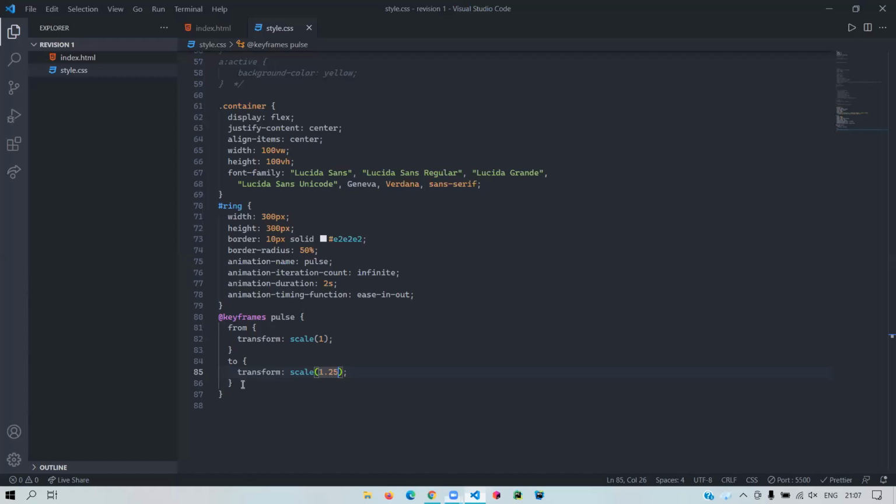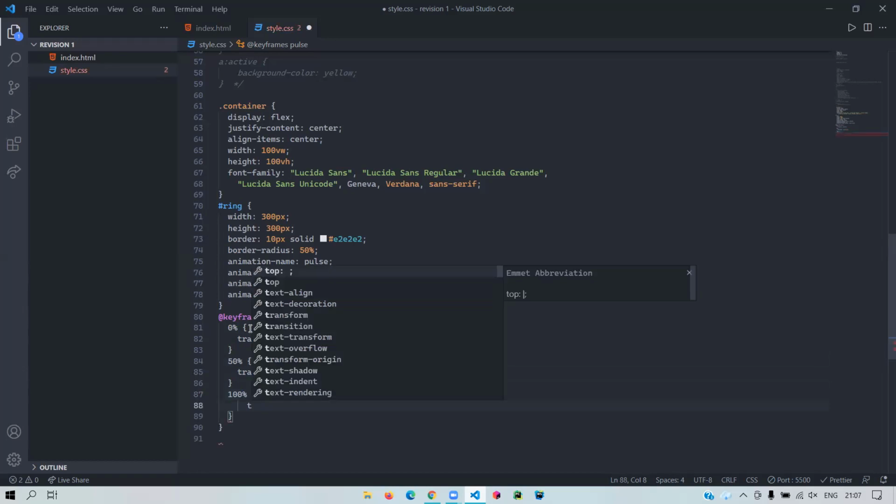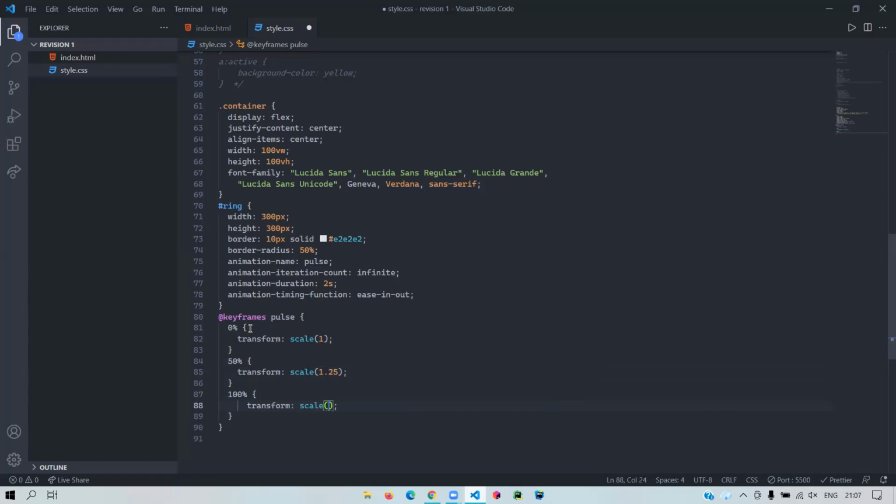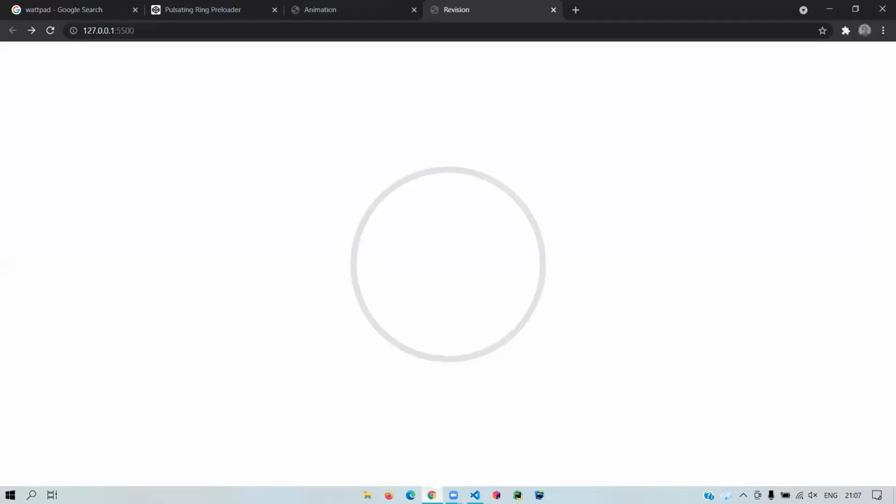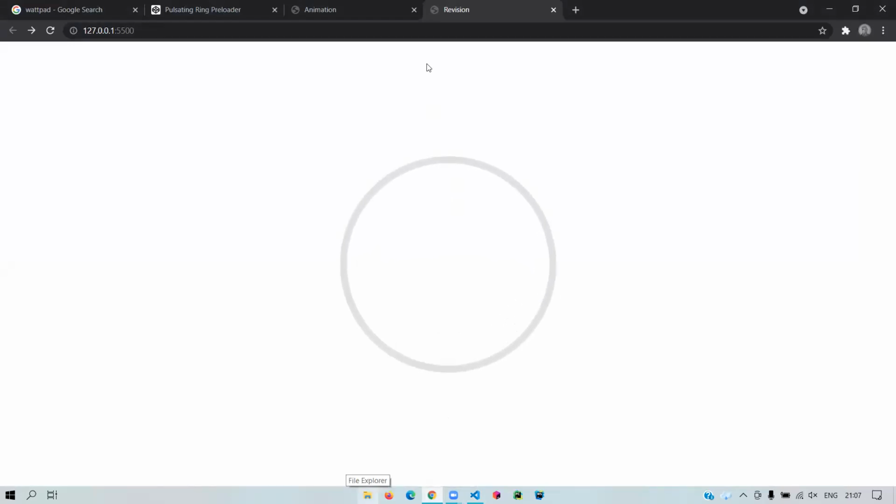So what I could do is I could change this a little bit. So you can see this right now. Does anyone have any question with animations?